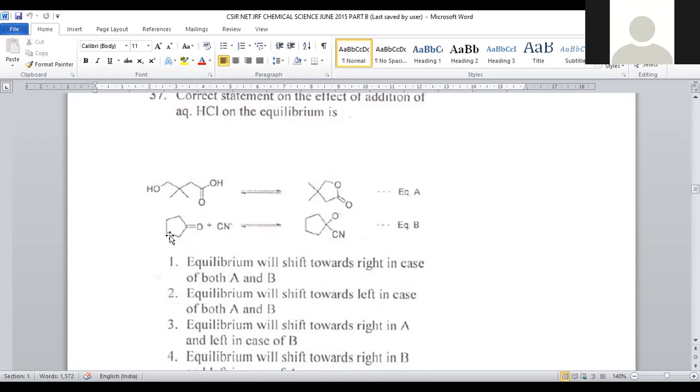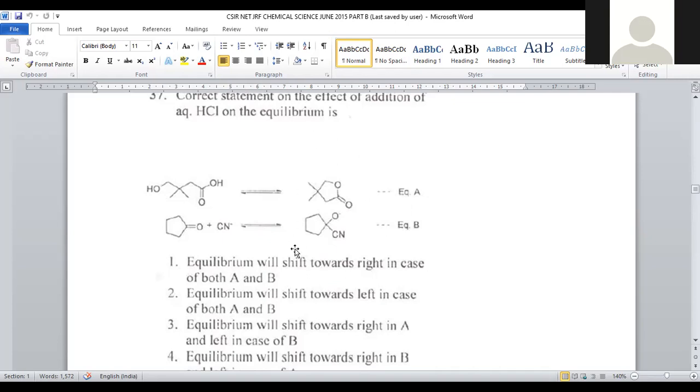And the second is about a ketone. Cyclic pentanone was given and it is treated with cyanide. Being a nucleophile, it will add to the carbonyl center, so that an addition product will be obtained. This is a kind of nucleophilic addition, and the product formed is called a cyanohydrin, right? During this reaction, if we are adding HCl, being a reversible reaction, reactant to product and product to reactant, both reactions are possible in equal direction, equal amount. If HCl is added, it will facilitate the reactant to product, so that the reaction will be shifted toward the product side and the equilibrium should be shifted towards